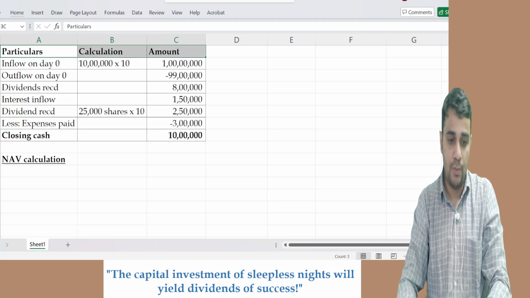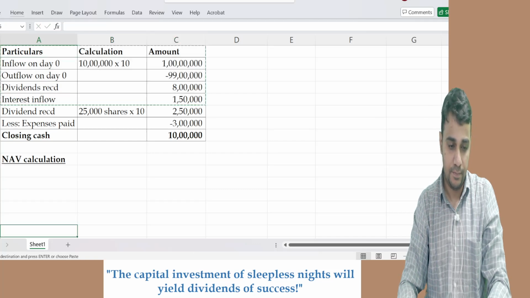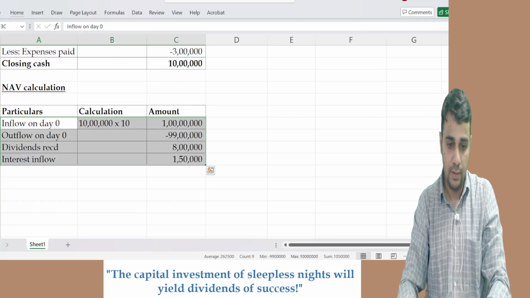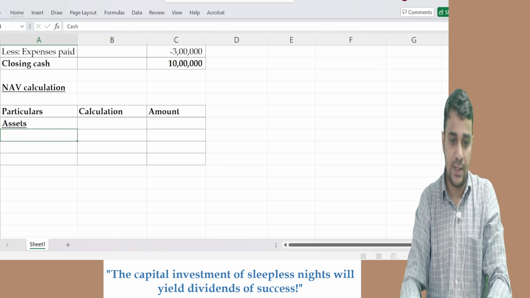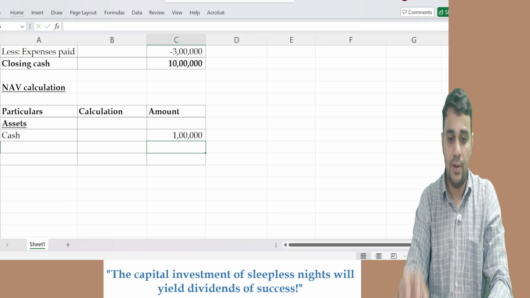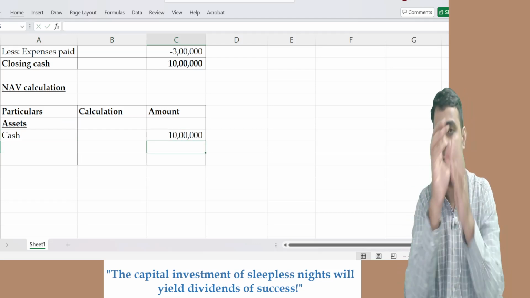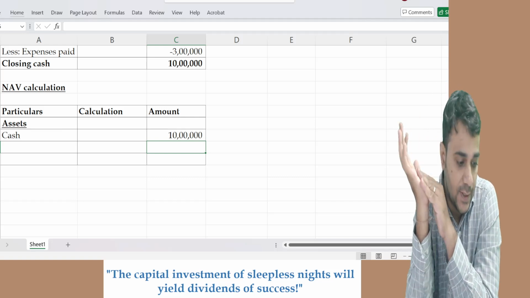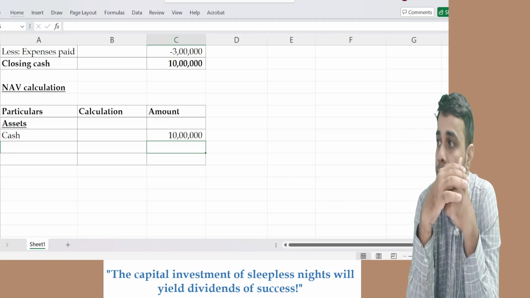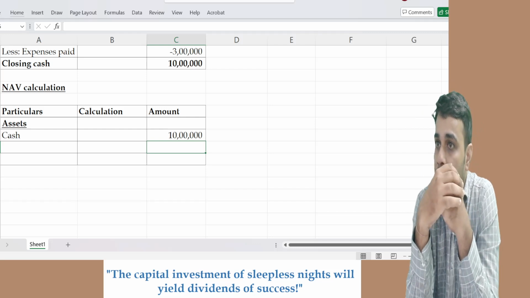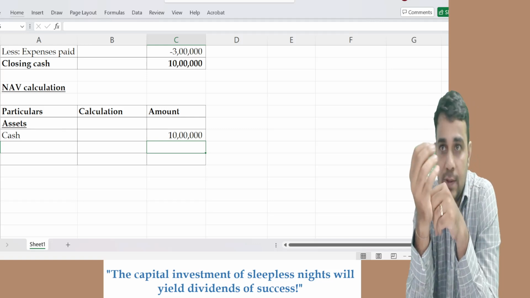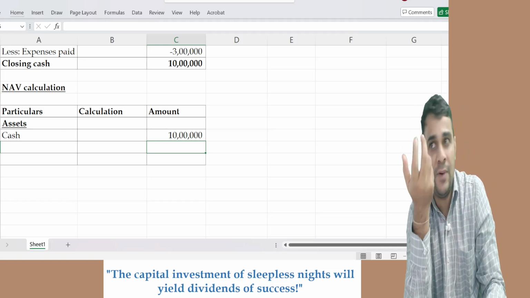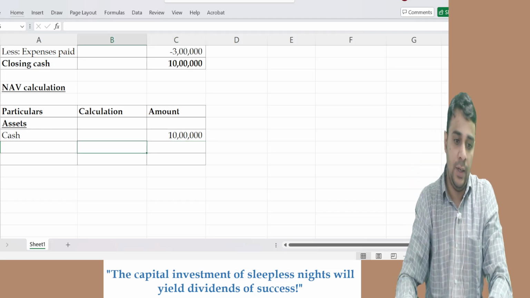Particulars, calculation, amount. Assets. In that, first asset is cash. Cash is 10 lakh rupee. Apart from this, I have equity shares. Some change has happened. I have government security. If nothing is given, I write the same value. Equity shares,